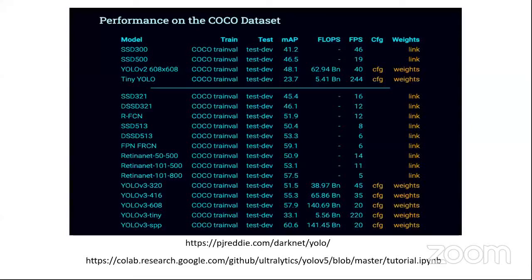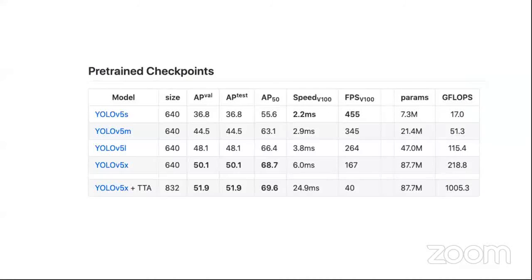So this is a website for it. I have given you the link for it. You can go through these websites. This is the official website for darknet/YOLO. Go there, and if you want to try this out experimentally, you have the link for the weights as well. You can download, configure and run these algorithms yourself. And if you want to read a good Google Colab notebook on that, I have given the link for that also. There they have shown you how to use YOLO version 5 yourself.